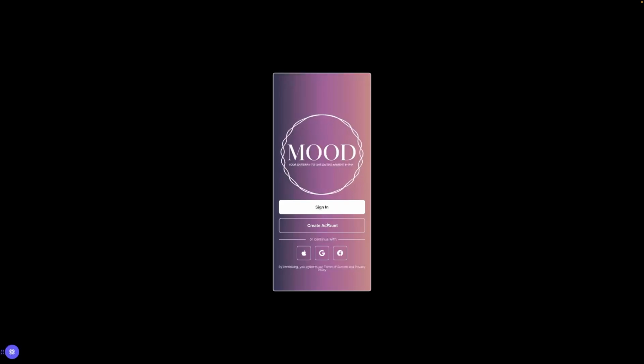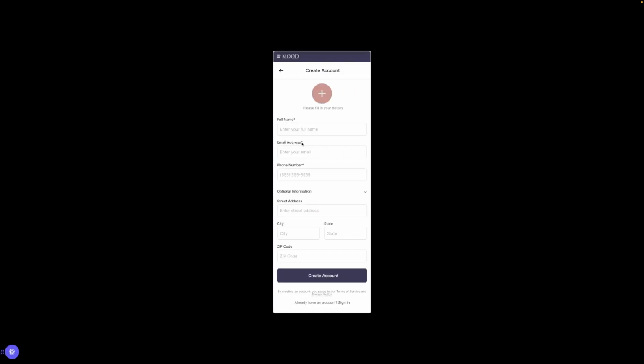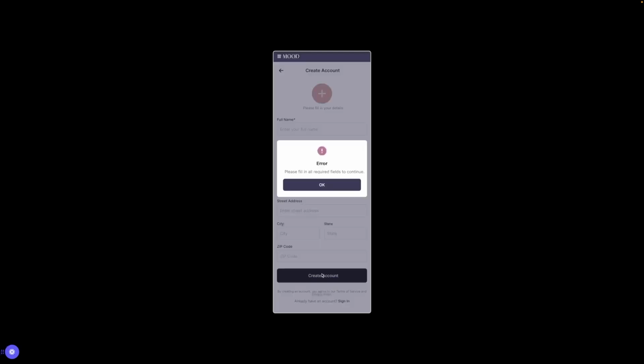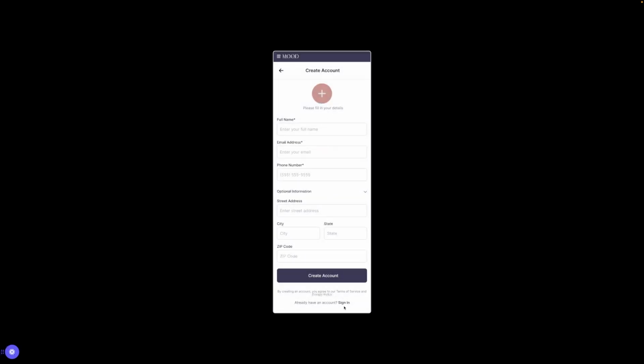If users have already created an account, they can automatically just sign in per the remembrance of the app with their mobile device. For the sign-up process, users will start by entering their name, email, phone number, and password, as well as upload a picture of themselves. If any required fields are left blank, however, an error screen will pop up, requiring them to complete the full